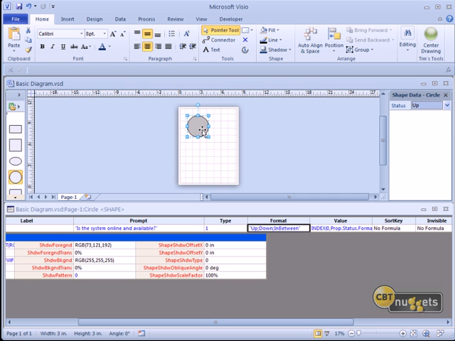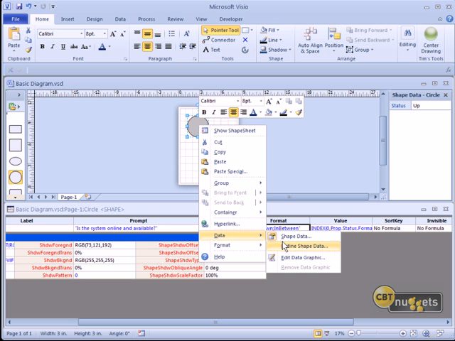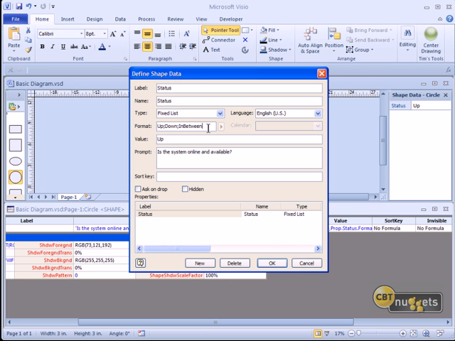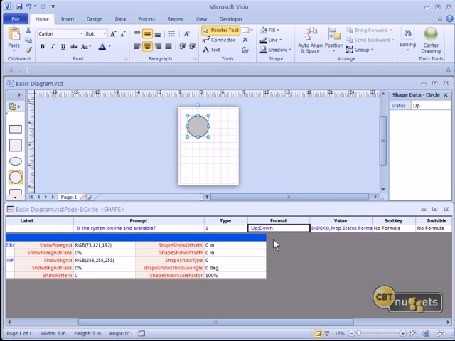Now by contrast, we already know this, but we can come to the GUI area and remove it from here, click OK, and boom, immediately the shape sheet reflects the change.